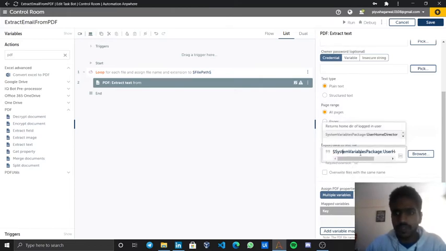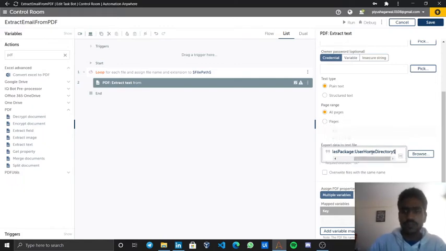So this system variable directs to the home directory of the user, then slash desktop, and I can just name it resume data dot txt.